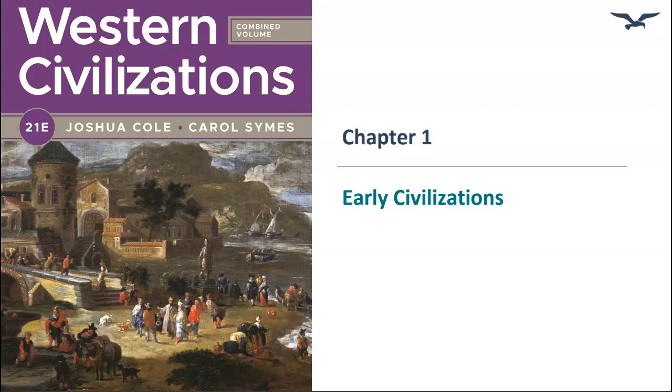Now, there's three things that are going on in this chapter, okay? One, the first part of the chapter is the lead up to civilization. It is essentially the period of time that we call prehistory because it's happening before history. The definition of history is the study of the recorded past. So much of the early part of this chapter essentially is taking place before civilization and before history actually can